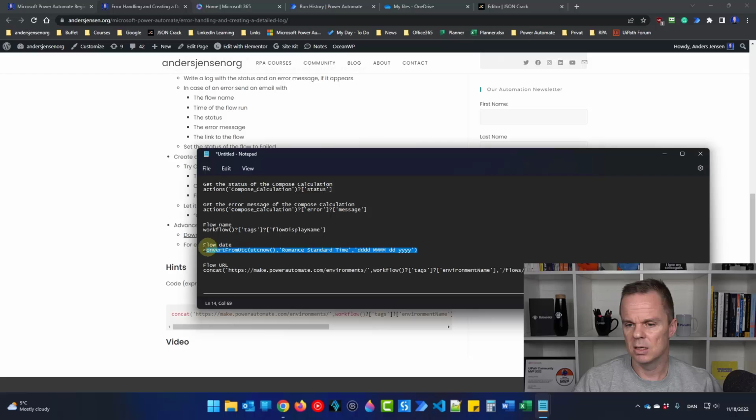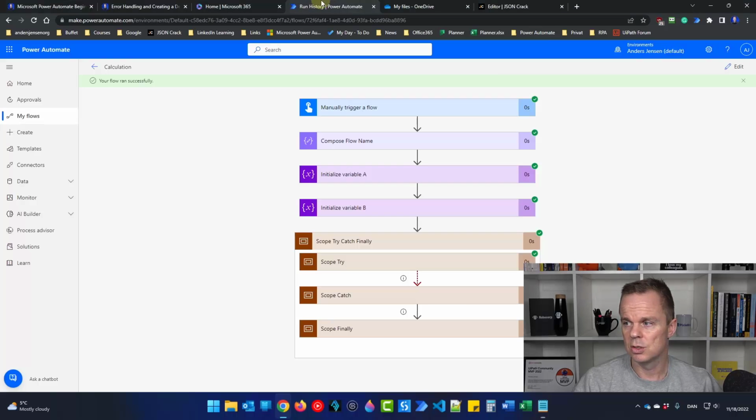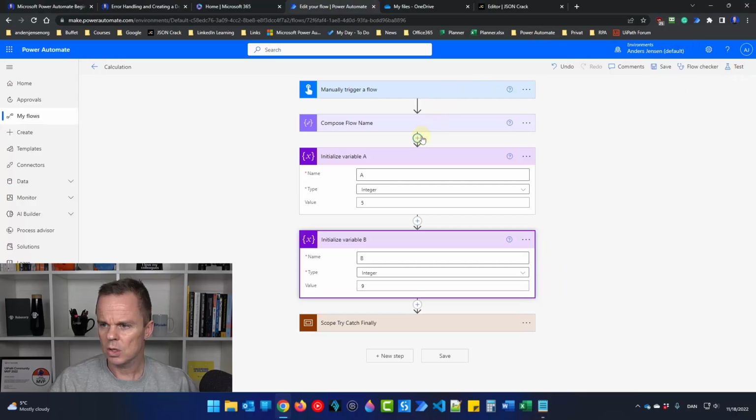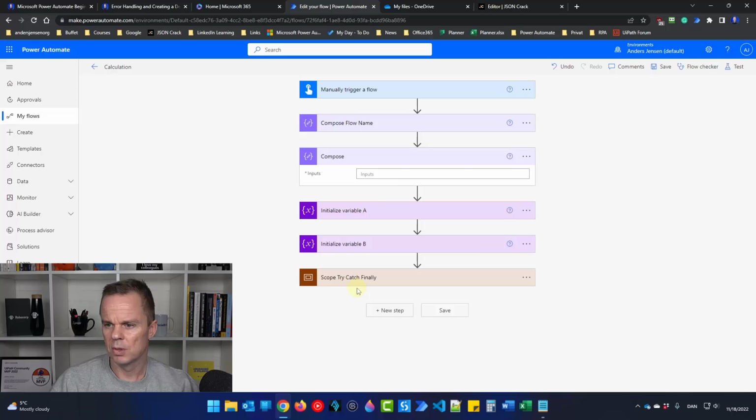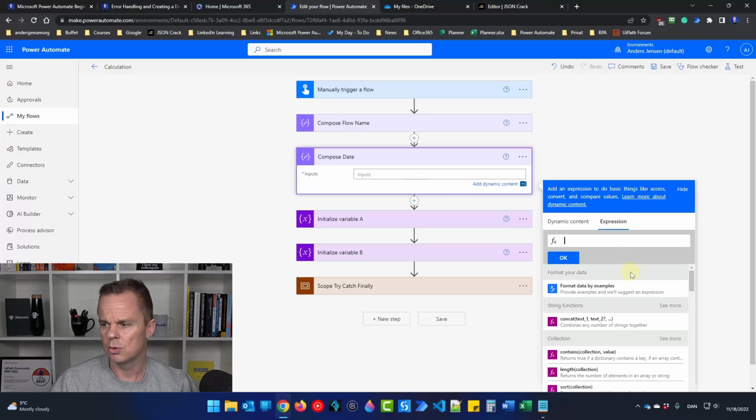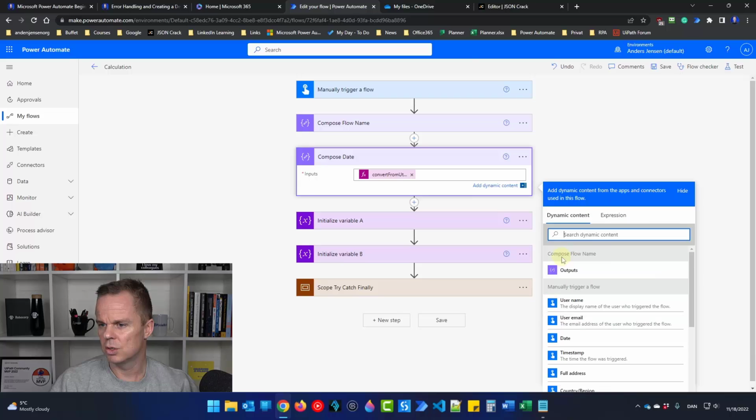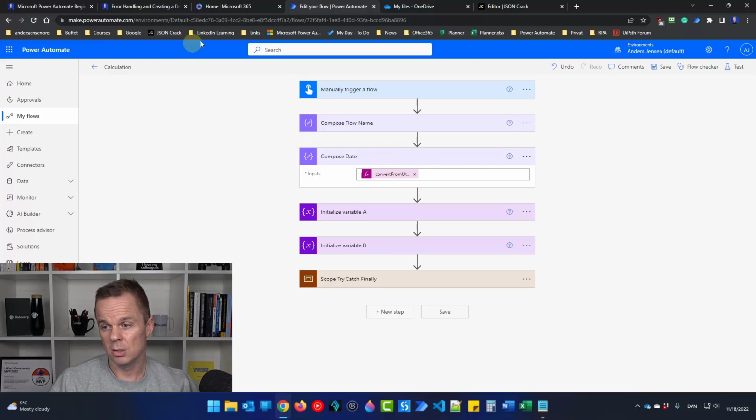So let's start with the date. Control A, Control C, click edit. Up here in the flow name, I'll add in another compose, and I'll call this compose date. Go in here, go to expression, and simply Control V in what we have just written. We have it here. We also want to get the URL to this flow, so we can use it in our log. So add in